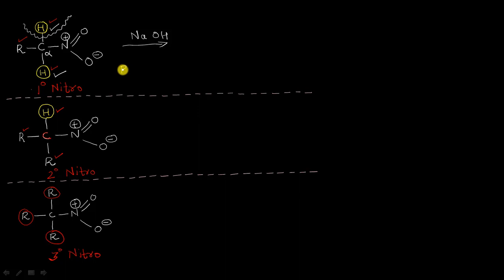Let us say this is the R here, C, nitrogen. Whatever negative charge comes here after the abstraction of the proton will be stabilized by the electron withdrawing inductive effect of this nitrogen atom. So this negative charge will disperse from here, and because a charge in chemistry means instability, the dispersal of this negative charge helps in the stabilization of this carbanion.